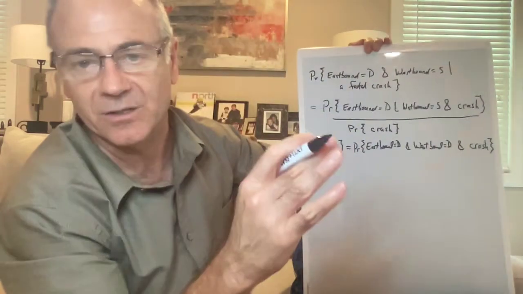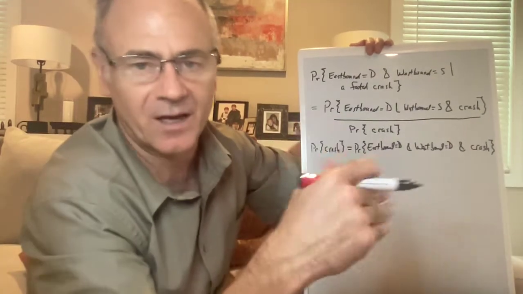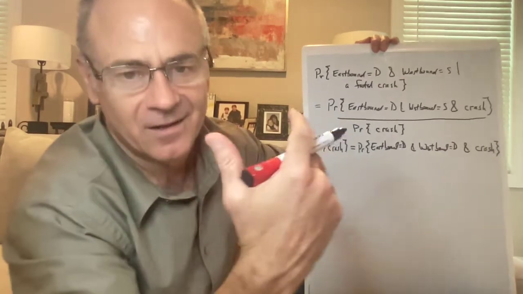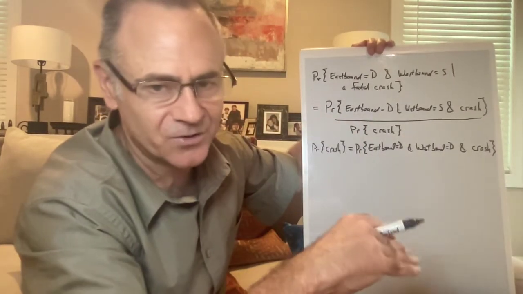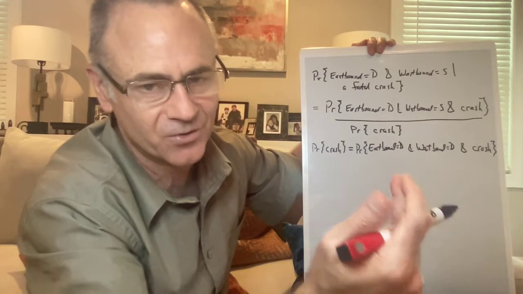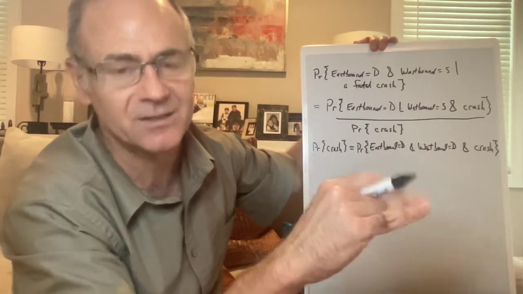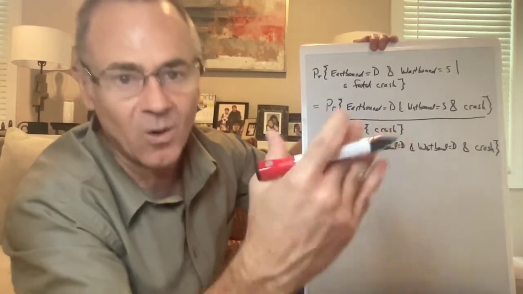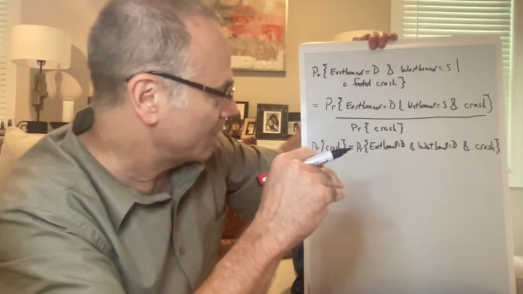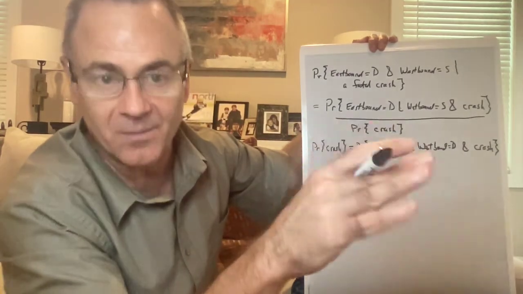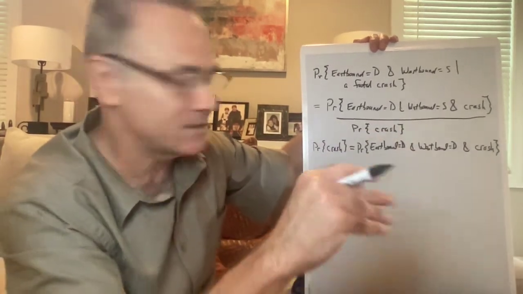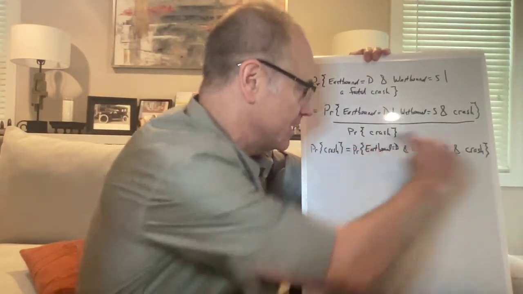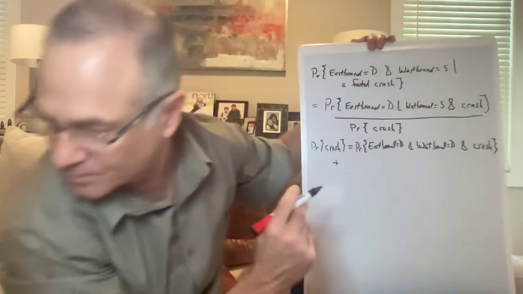By the way, there's 4 ways we can have a crash. We have a crash and both drivers are drunk, a crash and only the eastbound driver's drunk, a crash and only the westbound driver's drunk, and a crash when neither driver is drunk. So there's 4 particular ways we can say what happens when there's a crash, and the sum of all those 4 ways equals the total probability of a crash. So probability of crash equals this term plus